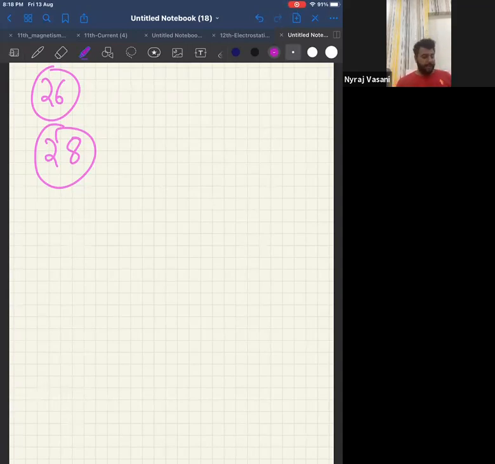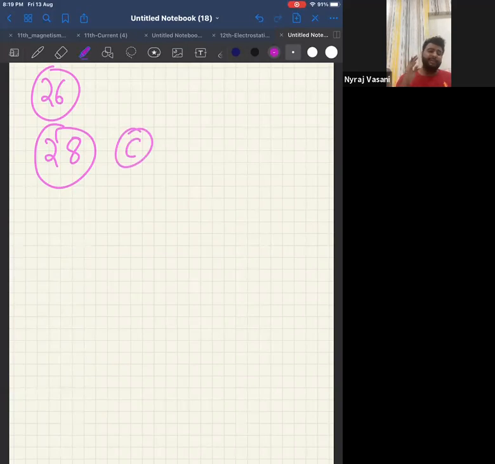Correct. A and B will directly be eliminated in question number 28. Your consideration should be between C and D. The potential difference across C1 will be in terms of C2. Answer will be C. Now, remember this as a formula also. Whenever you're finding potential difference across one capacitor, always this formula will be used.